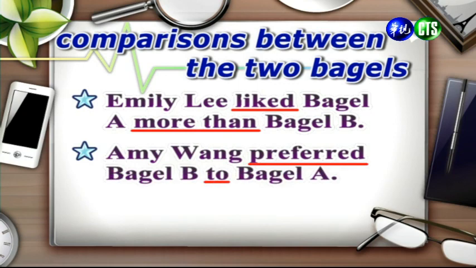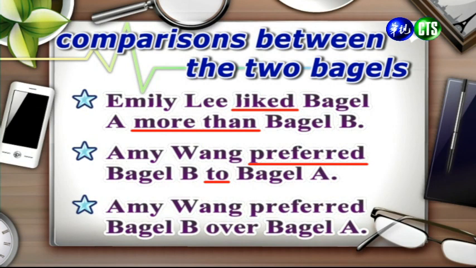All right, another sentence we could make is Amy Wong preferred bagel B to bagel A. 好,那接下来这个句子则是 Amy Wong 喜欢 Bagel B 胜过 Bagel A。And then, or else Amy Wong preferred bagel B over bagel A. 好,那接下来这个句子的意思也是一样,就是喜欢 Bagel B 胜过 Bagel A,只不过它使用的方式,prefer to 变成 prefer over。